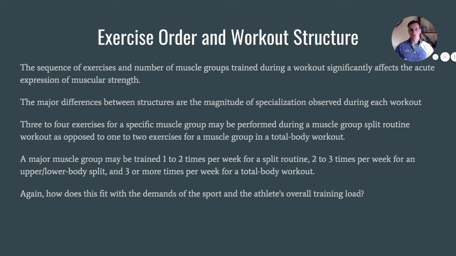scrums, on top of all the other training they're going to be doing in the gym, okay, which might mean that they don't have 5 sessions a week to be in the gym. They only have 3 sessions per week. If we've only got 3 sessions per week and you're doing a split routine, that only gives you 3 workouts to hit those muscle groups. Whereas if we're using multi-joint exercises, which are more specific to the sport anyway, then we're going to be able to hit those muscle groups, even though it might be less of an intense stimulus, more consistently throughout